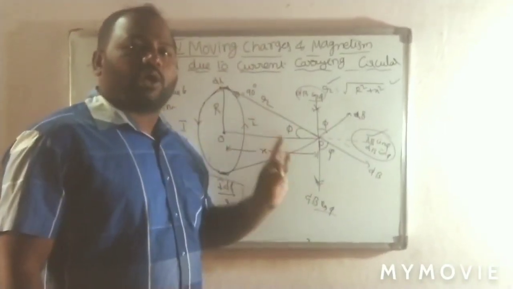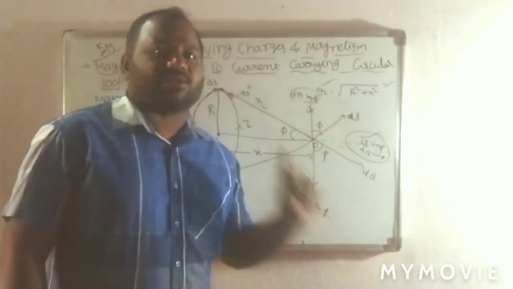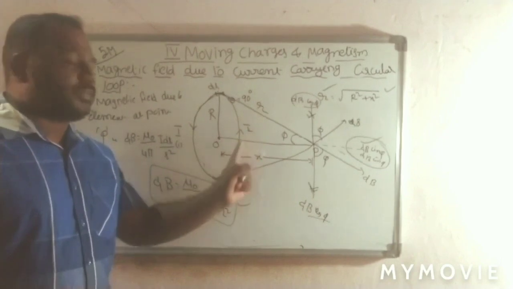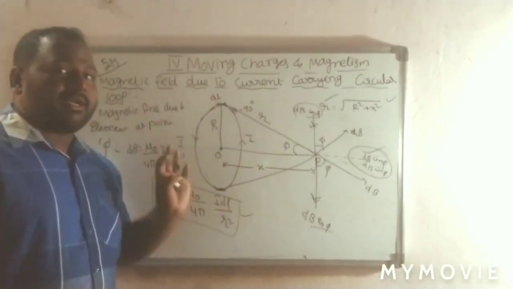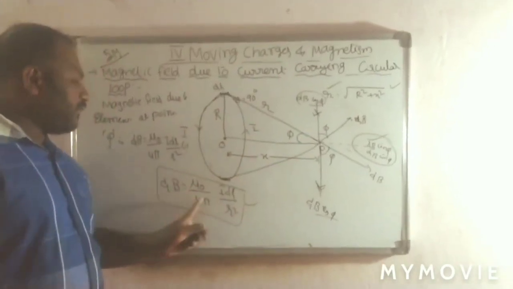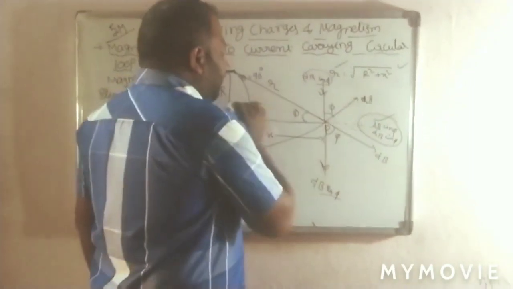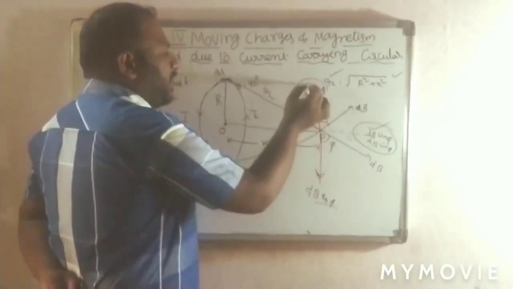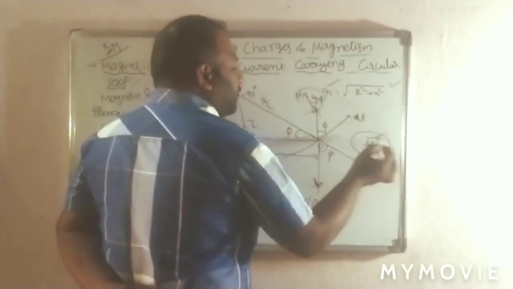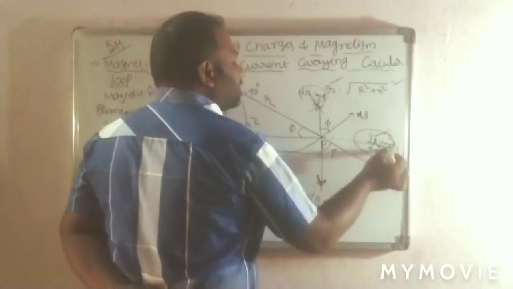So these are the 3 points we have to remember. First point: small r is equal to root of capital R square plus X square. Second point: the magnetic field due to the current element on the circular loop at point P is mu naught by 4 pi I dl by r square. Here sin theta can be taken as 1. And another point: due to the circular loop at point P, all cos phi components are neglected, meaning cancelled. Only the horizontal components, that is the sin phi components, are present.